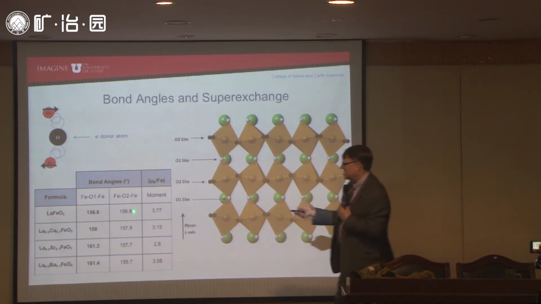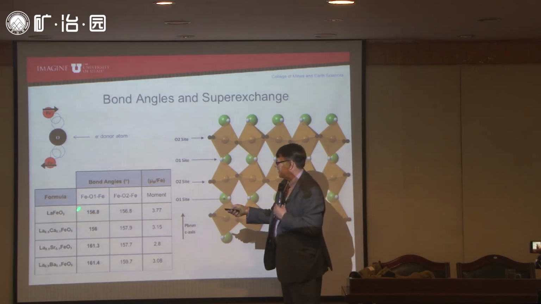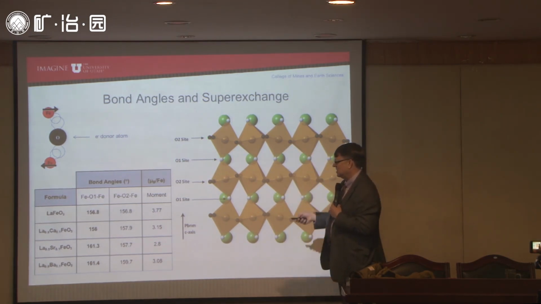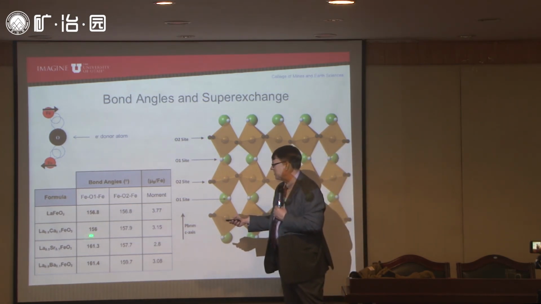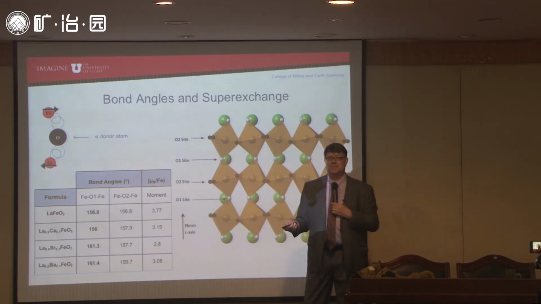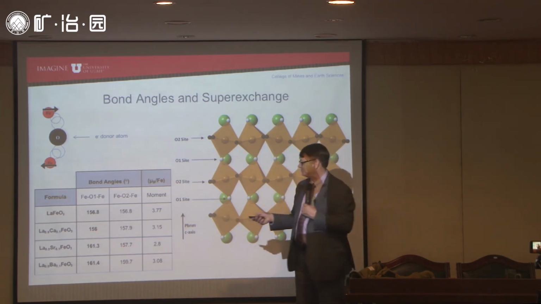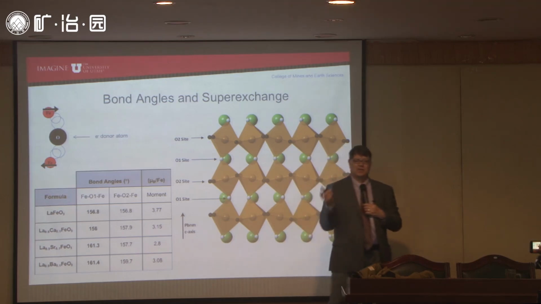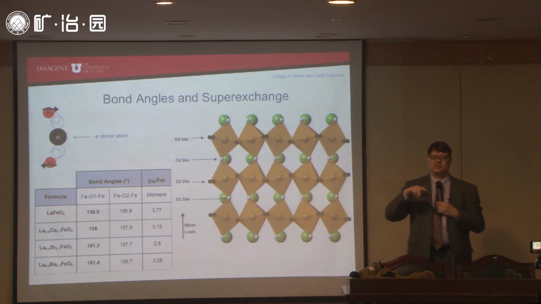So if you look at the data, you can see that pure lanthanum ferrite has an angle of 156 degrees, roughly from here to here to here. So that's 156. In the calcium-doped material, it's exactly the same. So the change in magnetic behavior associated with calcium doping must be associated with the change in the iron valence